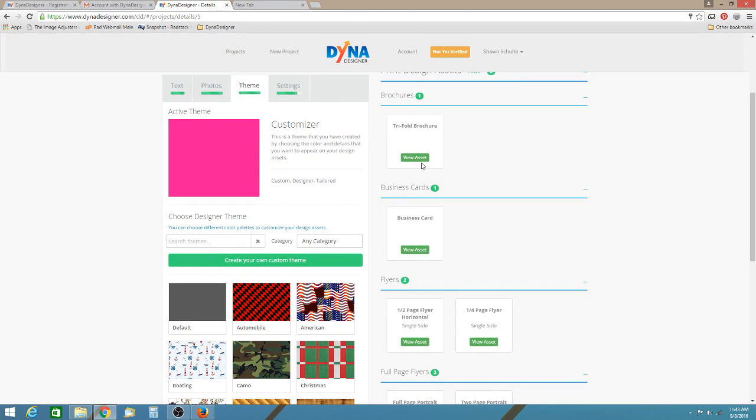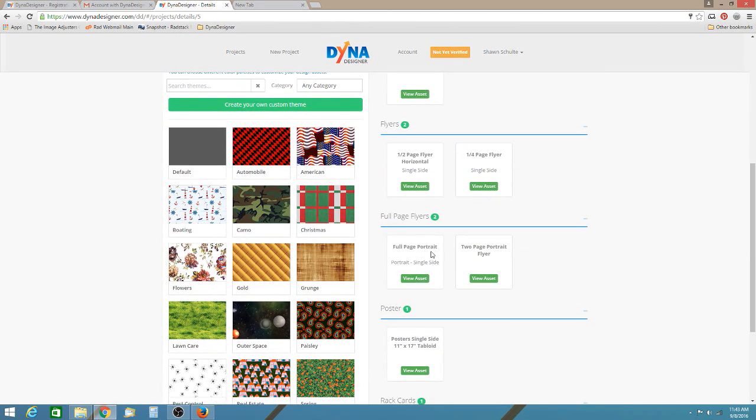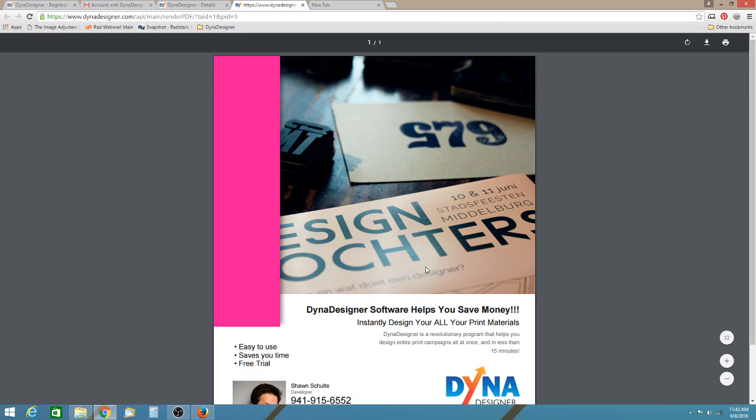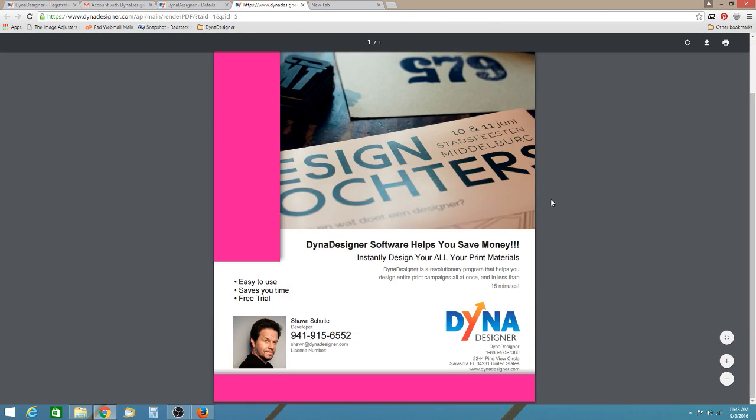And when you look to the right, all the design assets are available now. They all show white and not grayed out, so that shows that they're active. And you can also tell that they're active when you see the View Asset button. So I'm going to go down here to Full Page Flyer, click View Asset. And what this is going to do is load a high-resolution 300 dpi print design file,